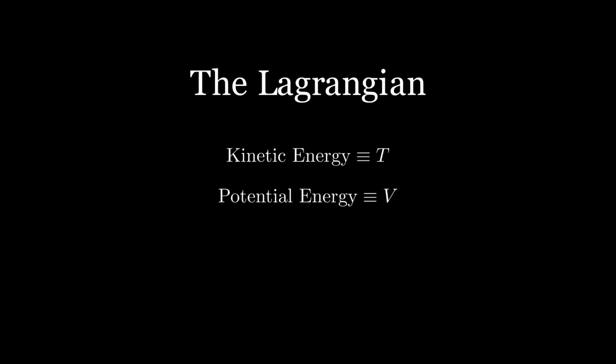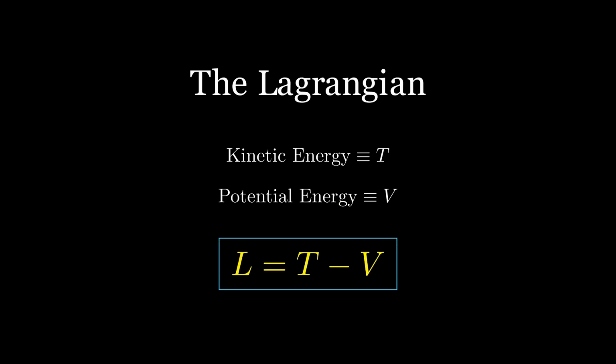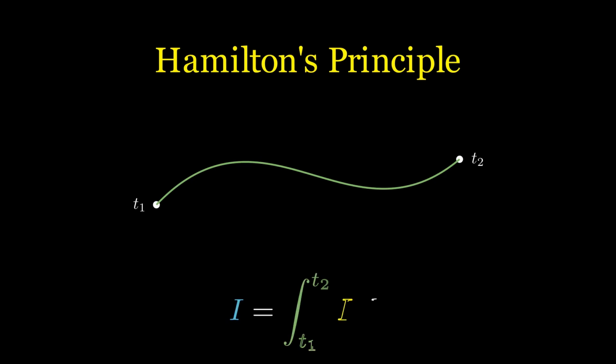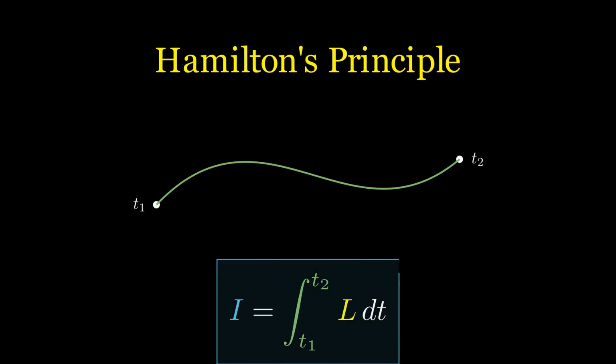With the configuration space defined, the path of motion understood, and the Lagrangian established, we are ready to state our fundamental postulate, the Hamiltonian principle, or Hamilton's principle. Hamilton's principle states that the motion of the system from time t1 to time t2 is such that the line integral, often called the action or the action integral, has a stationary value for the actual path of the motion. Mathematically, we define this action integral as follows.